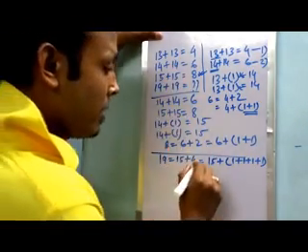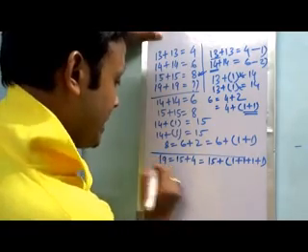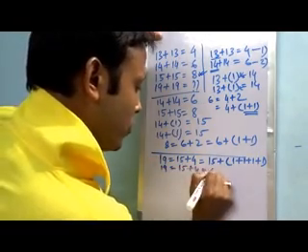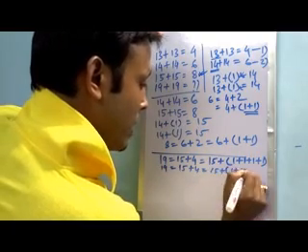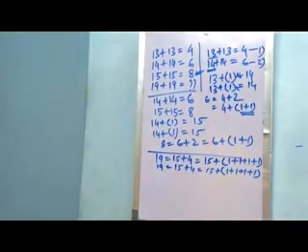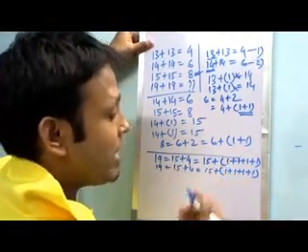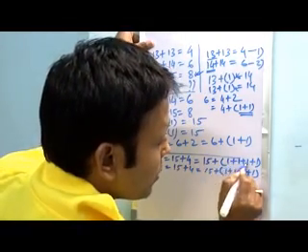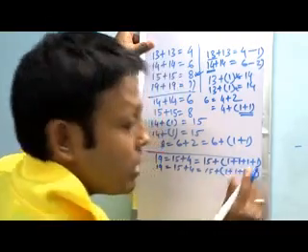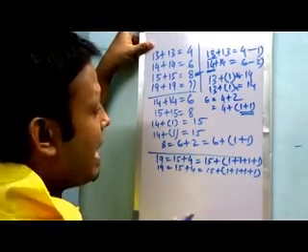Similarly, there are two 15s and two 19s. This is the first 19. In the case of the second 19, it will be 15 plus 4 equal to 15 plus 1 plus 1 plus 1 plus 1. Got it? So how many ones are actually added? 1, 2, 3, 4, 5, 6, 7, 8. Total 8 ones. That is, 8 is added.